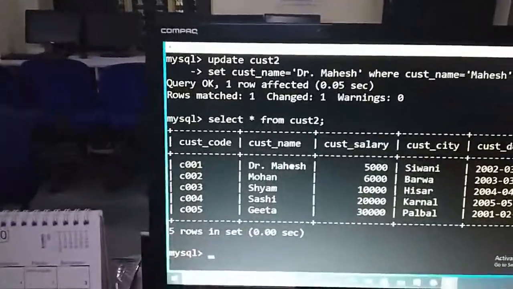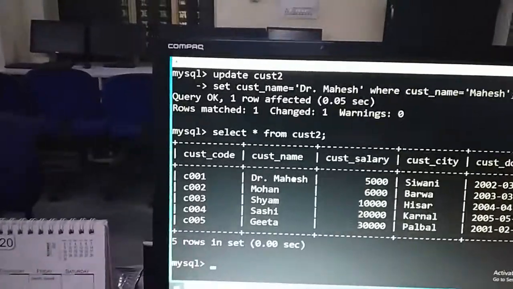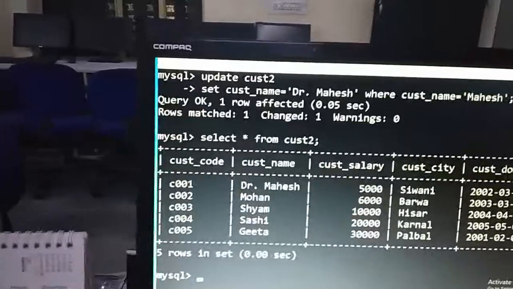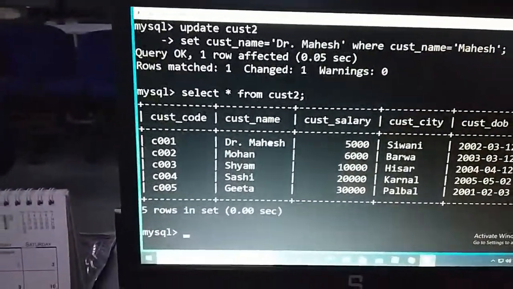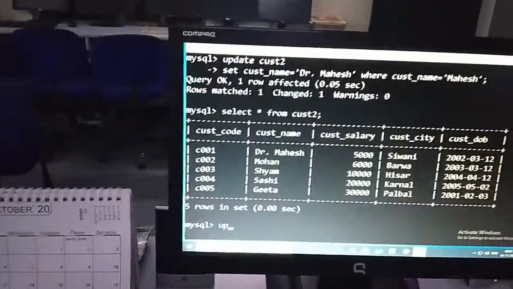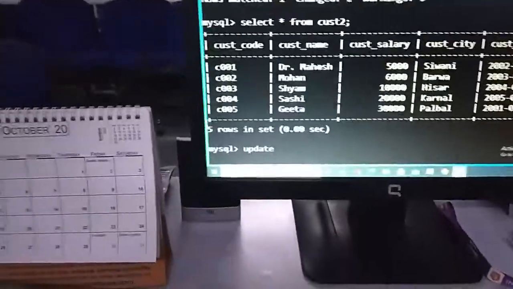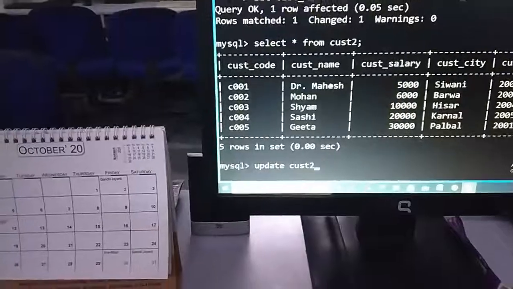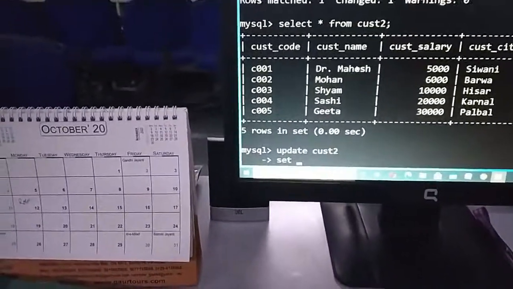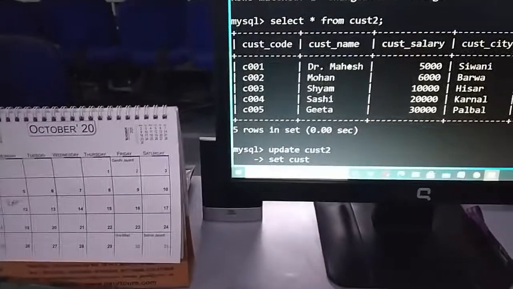You can change the cust code also. You can change the cust salary also. Suppose the cust salary of Dr. Mahesh was 50,000, but instead I entered 5,000, and I want to make that modification. Let's see. So you can say update table name, that is cust2, and then say set whatever field you want to change, cust salary.